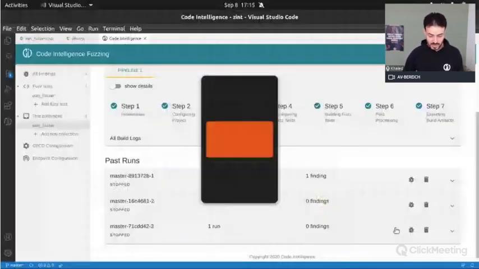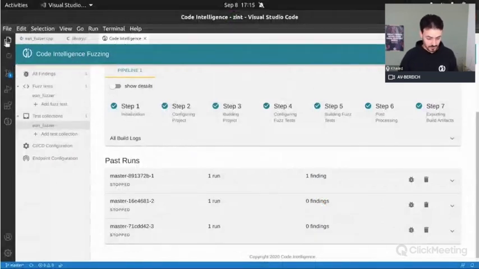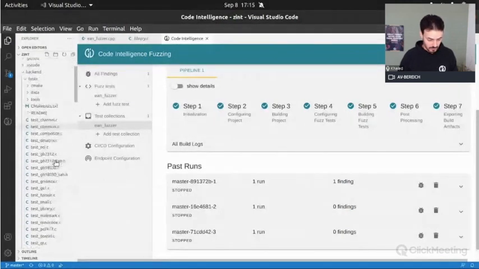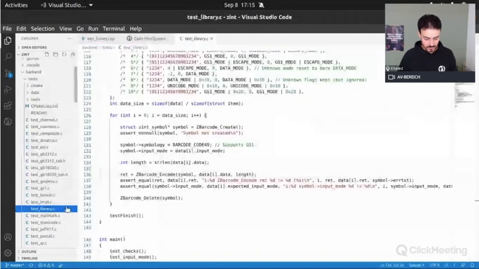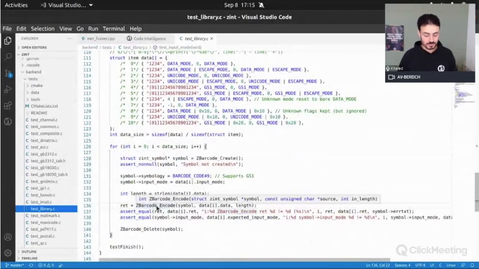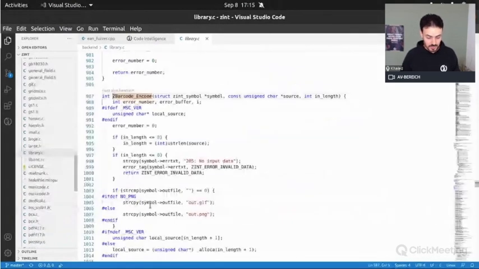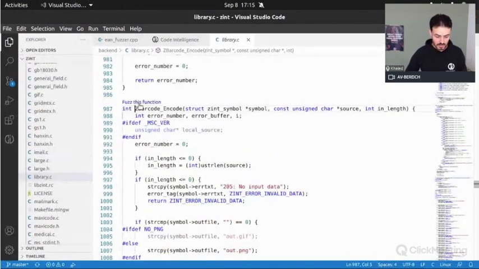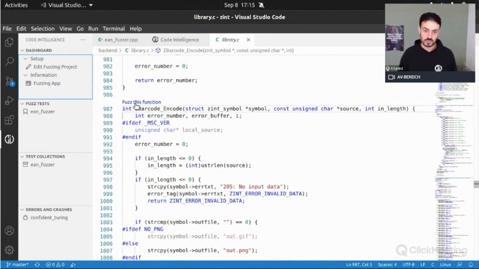So here I'm back to the source code. In this project, we have unit tests, and I can click here. I see this unit test testing an encoding function, and anything that has something to do with encoding, decoding, or parsing needs to be fast. So I can click here to go to the definition, and here I see this fuzz function annotation that's added